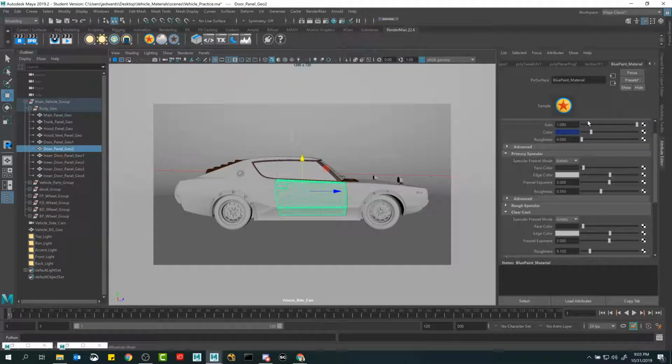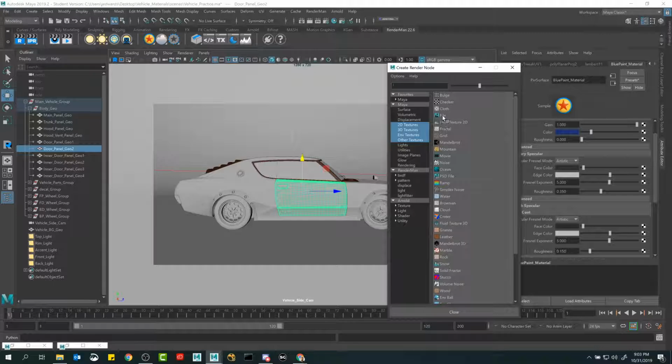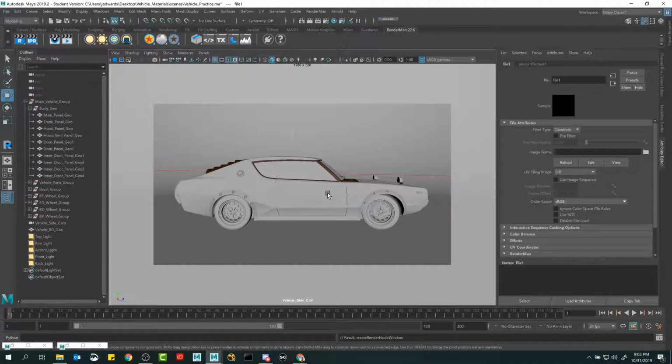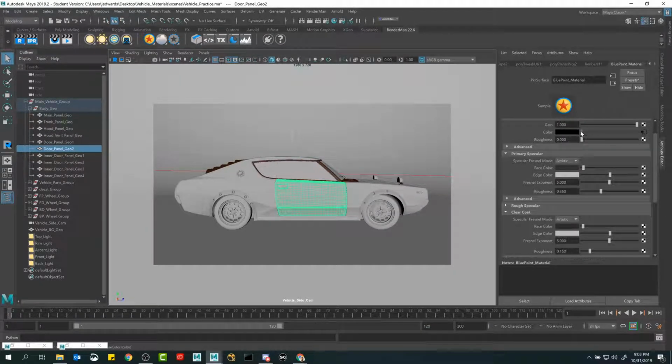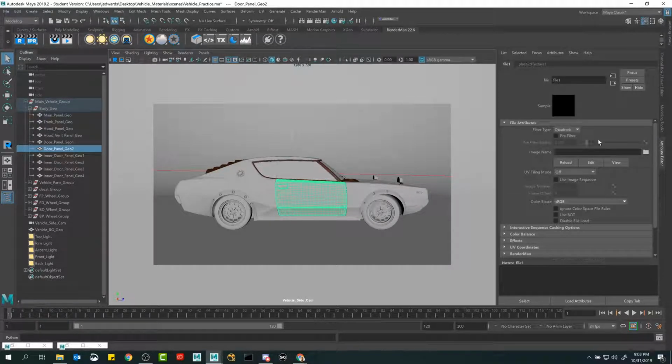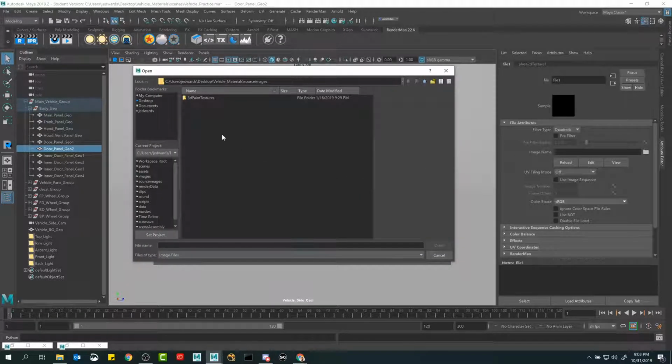What I want to do is go to the material. We're going to hit the little checker box here. We're going to click a file. We're going to load in a file. So if you look at the material now, see how that blue slider's changed? It's no longer a color. It's sourcing its color from something else. So now we're going to go here, hit the folder, and